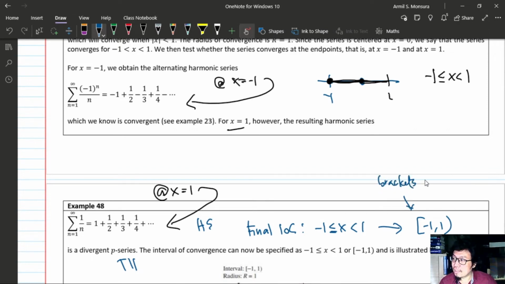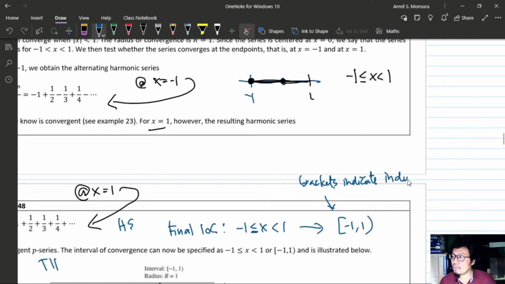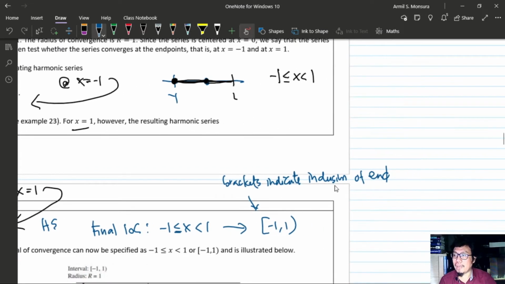So brackets indicate inclusion of endpoint. Anyway, this is something that you were able to discuss in courses that dealt with sets. When you were studying sets and inequalities, you were specifying your sets this way. So brackets indicate inclusion of endpoint, while this one,